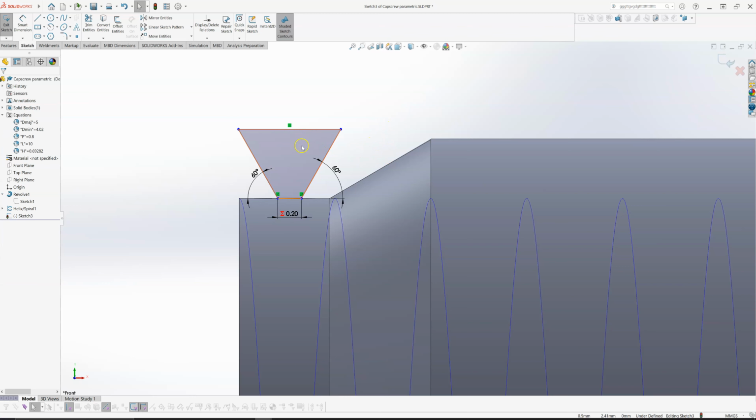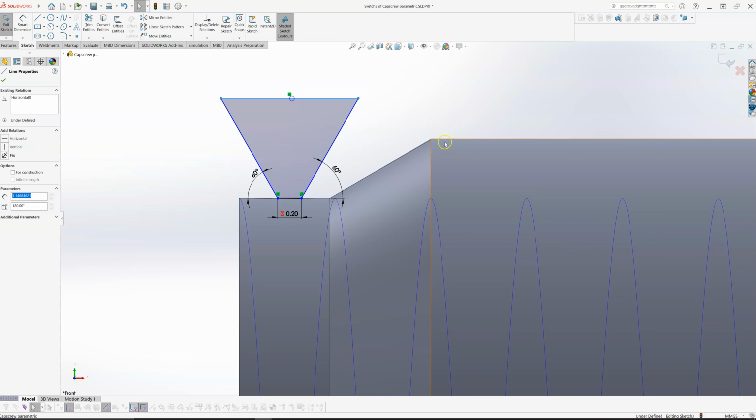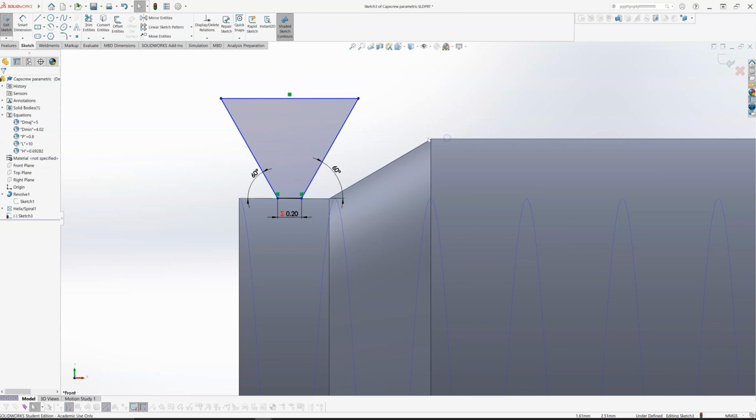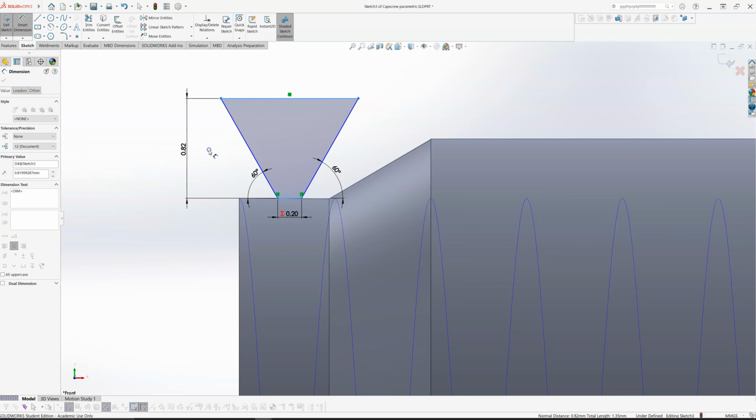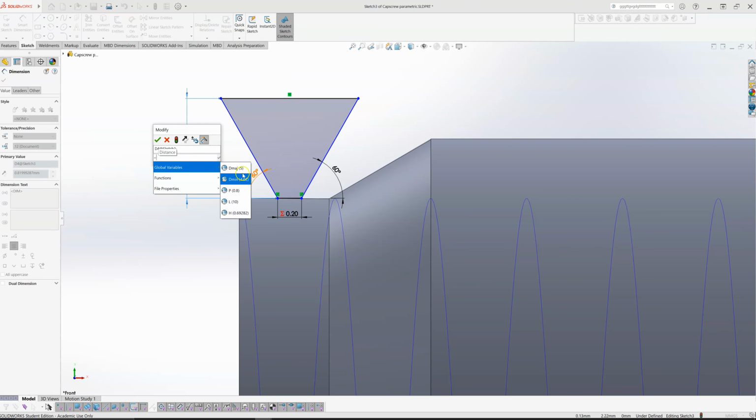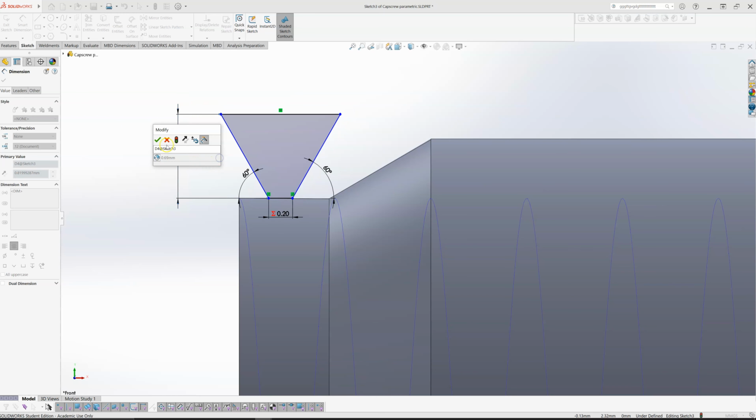The overall height of this triangle doesn't particularly matter, as long as it's greater than the major diameter here, then we should be okay for creating the thread form. I will put a dimension on it though. I'll say from here to here, we'll let that equal to this h value here. Okay,